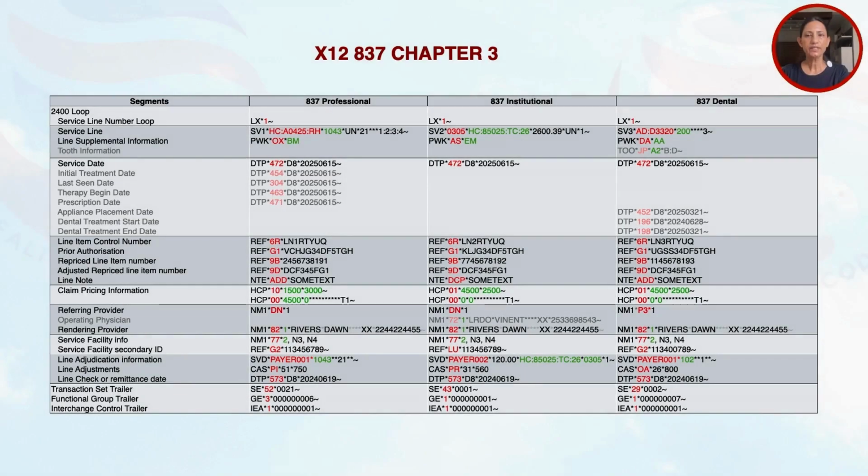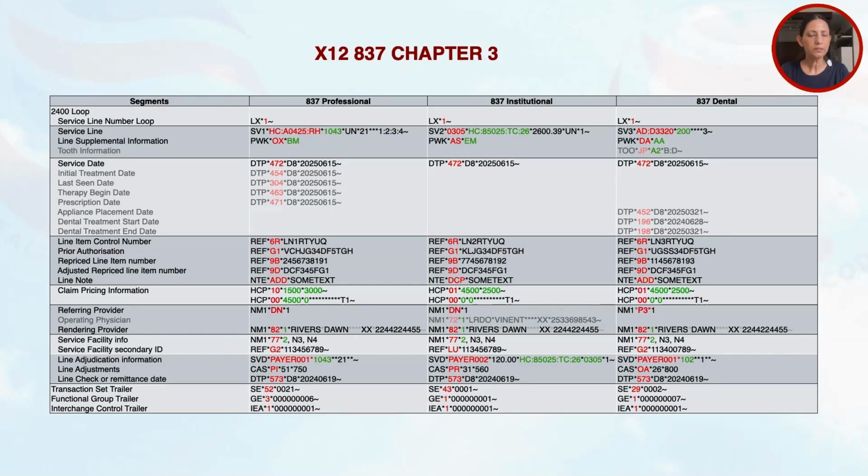Then, just like we discussed in chapter 2, the various REF variants are used at line level also. These variants can be used in all types of 837 files as per requirement. Line item control number is represented by REF*6R. Line item control number is used for communication between different parties with respect to the particular line, and it's unique within a patient control number that was mentioned in CLM01. Then REF*G1 carries the prior authorization ID, which we've already discussed, and here the prior authorization ID is with respect to the service line.